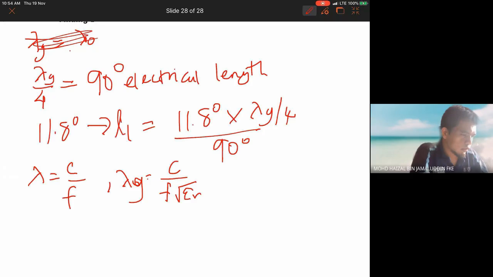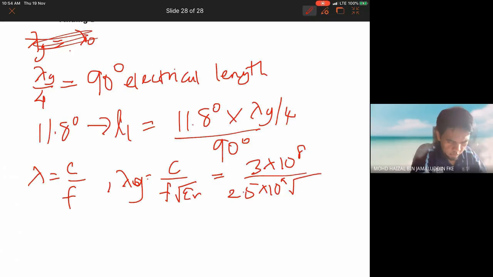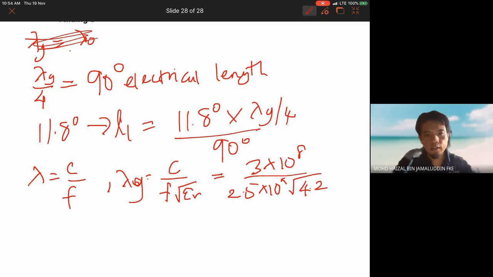So here, we have the speed of light, the frequency of operation, and the permittivity, which in this case is 4.2. Here you can estimate the electrical length of the mentioned section. So here, for the first section